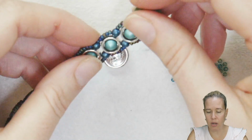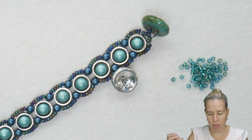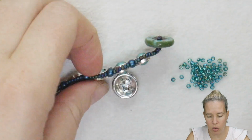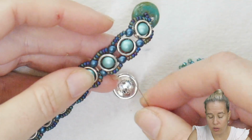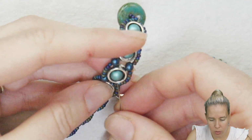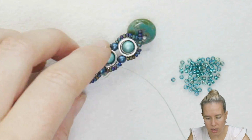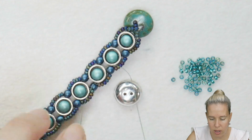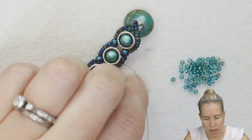I'm going to tuck a new button on the underside of the piece. So what I'm going to do is take a new cup button, new piece of thread and needle, and again, if it's a peyote piece bracelet, an easy stitch, you can also do this as well. I'm going to go through the design, going through here, and you have to know a little bit what the design is and kind of where your thread pass went. I'm going to add a couple extra beads, add my button,